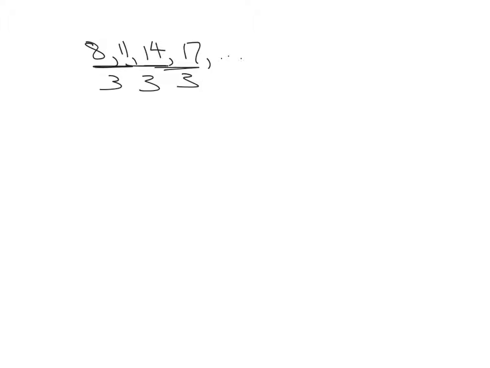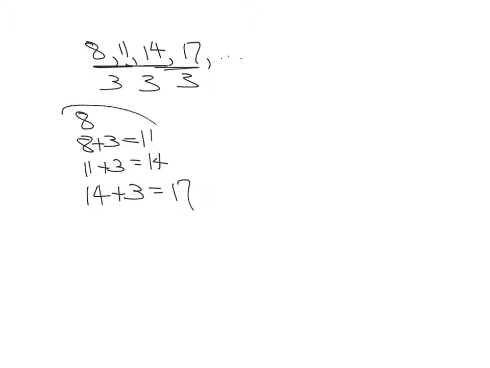So what we could say, that if we started with 8, and then we added 3, and then took that number, and added 3, then took that number and added 3, we'd still get the same sequence there, right? So as long as we looked at the preceding number and added 3,